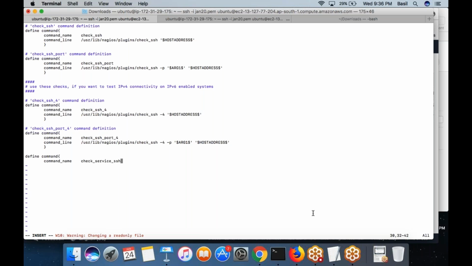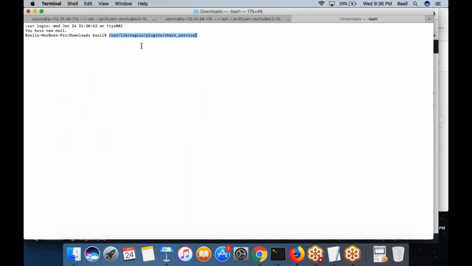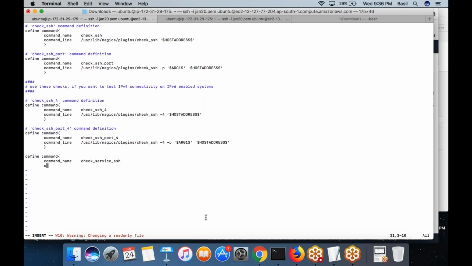Command line. What is the exact command it would execute? The script, space, the IP address of the machine, space, the service that you want to monitor, of course the argument one.